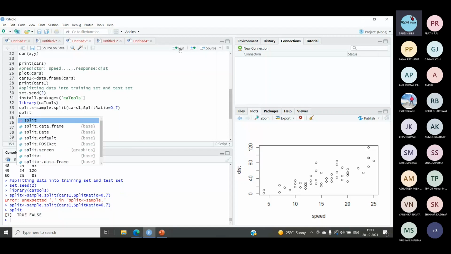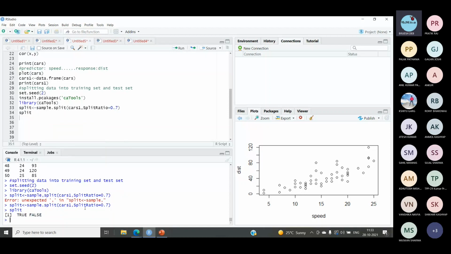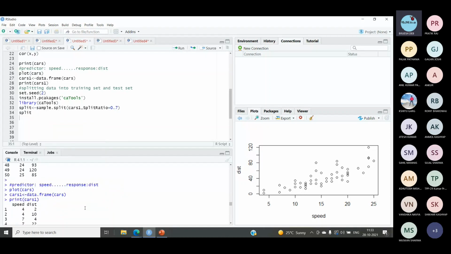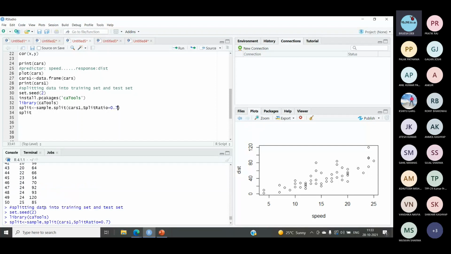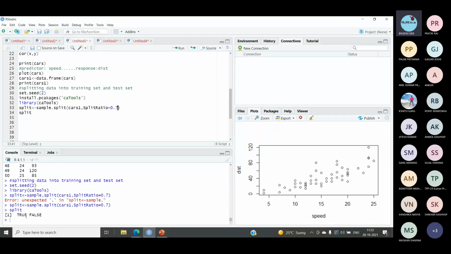Here you can see the first column was speed and the second was distance. We have given more weightage to the first part, that is 70%, and 30% to the test data. It is showing that the value we have to consider while splitting for speed will be true, and for the second part, for distance, we have to use false. Let me show you what I mean by this. Let me write the next command for that. It will be clearer to you after that.